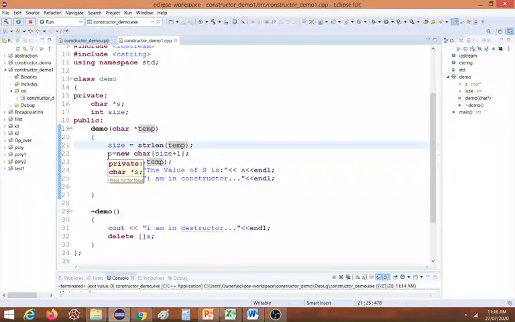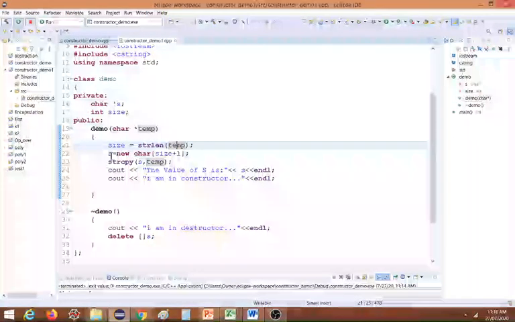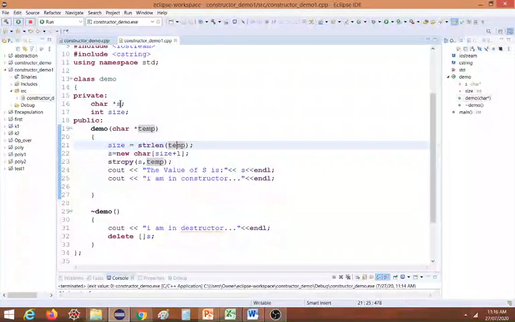Then I will allocate memory by using the new keyword here. So s is a character string, but we don't know its length. We are going to allocate it by using the new operator. So s equal to new char[size + 1]. Why size plus 1? We always do size plus 1 to add the null character. We need one more space.